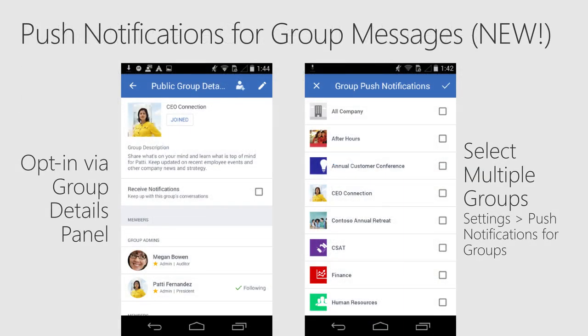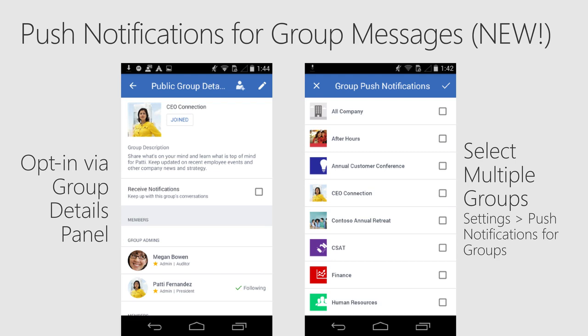There's a great new feature in the Android mobile app as well, where you can get push notifications for group messages. This is a brand new feature, and at the time of this recording is available in the Android app and coming soon to iOS. Essentially the idea is you can opt in by going into the group details panel and receive notifications, and then you can also just select multiple groups.